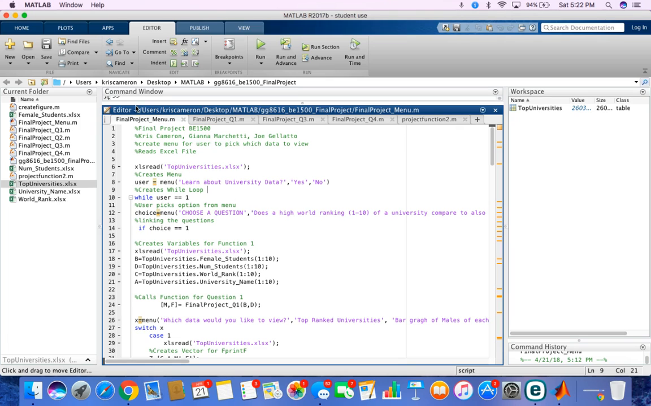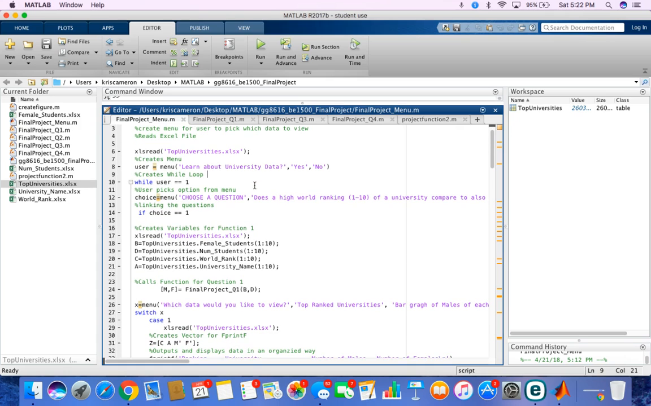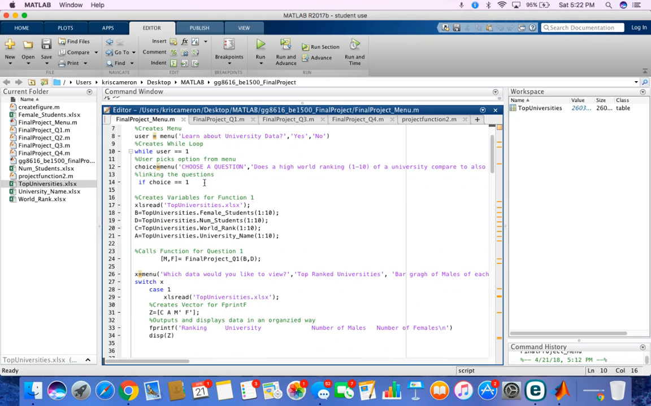I'm going to start with the main script, where the first thing the user is going to see is a menu that asks them if they want to learn about the data. And if they say yes, then they're brought into a while loop right here. And then the next thing they're going to see is a menu where